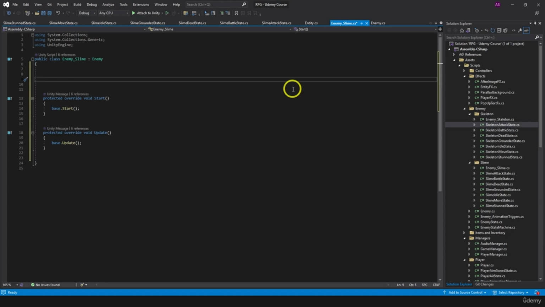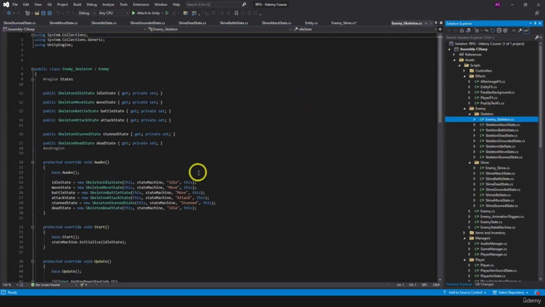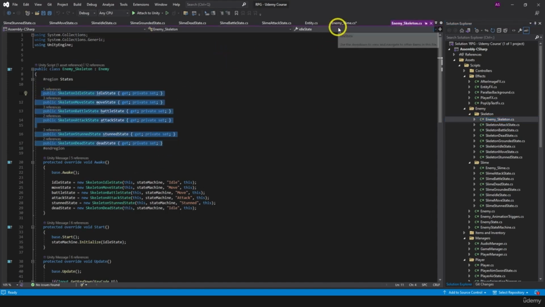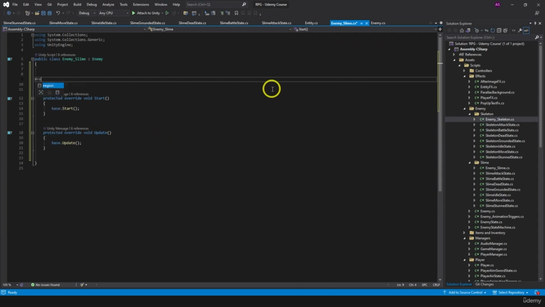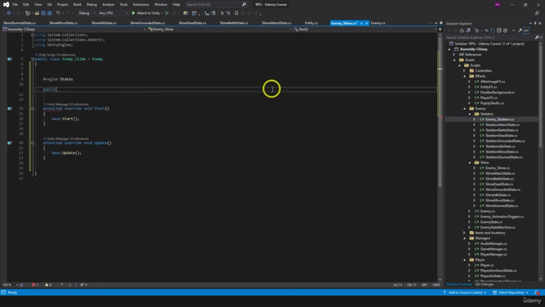As a reference, you can always go to previous script and see how it looks there. So if I open enemy skeleton, I can see I have states, and I can see I have them assigned in the awake. So this is what I need to do now on the slime. All right, I'm gonna go here and make region states, in which I'm gonna have public slime idle state,